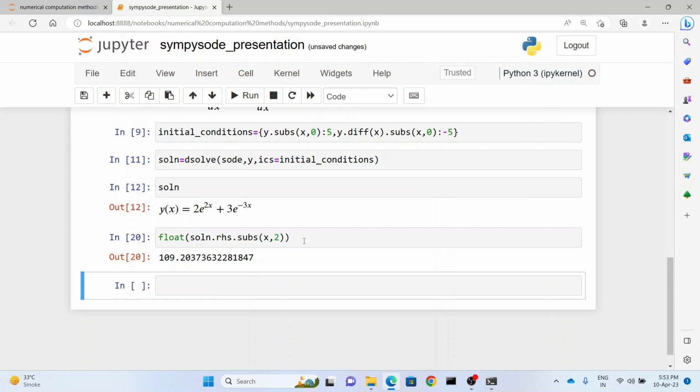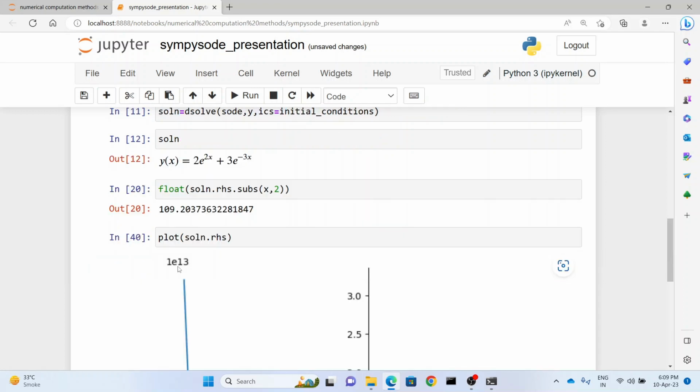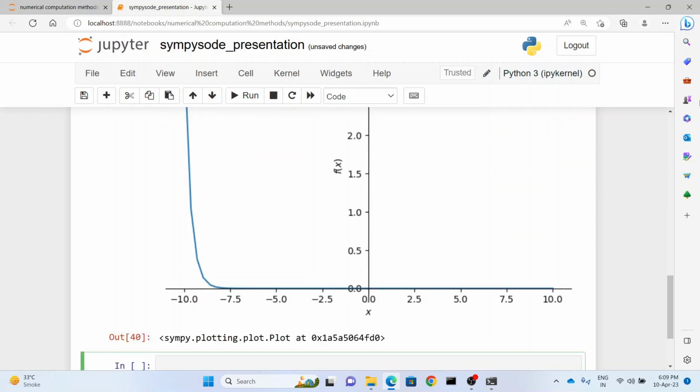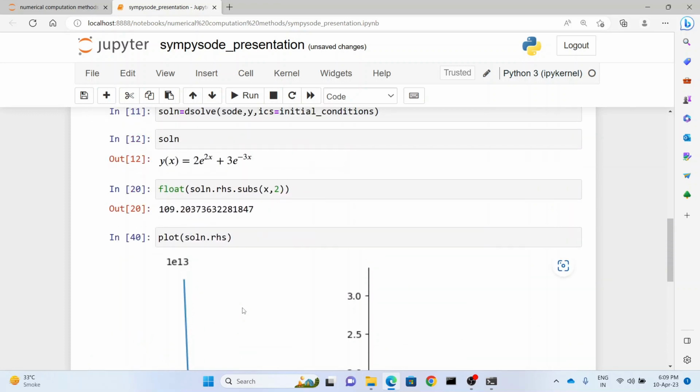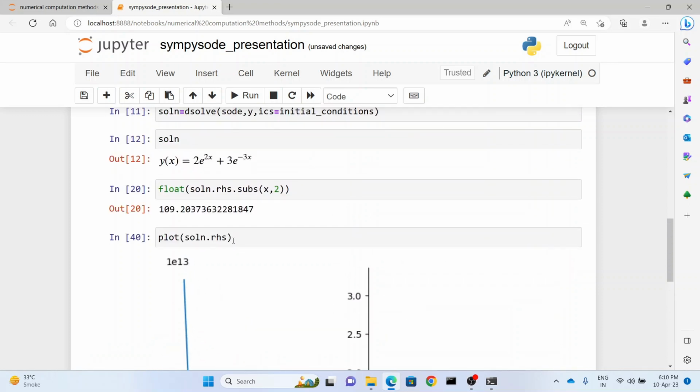What if we want to plot it? So as I was just saying, we need to plot this function. So how do we do it? It's pretty simple here. We write plot and we write soln.rhs, because the RHS part is something which has the function and it can be plotted for various values of x. Now, here the domain arbitrarily has been taken from minus 10 to 10. Now, what if we want to study this function at different domains, or we want to particularly study this function in this domain itself, that is 0 to 10? Now, how do we do it? So there's a way out. So what we write here is xlim